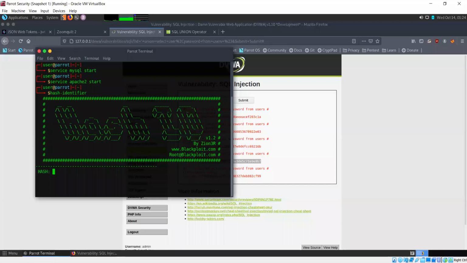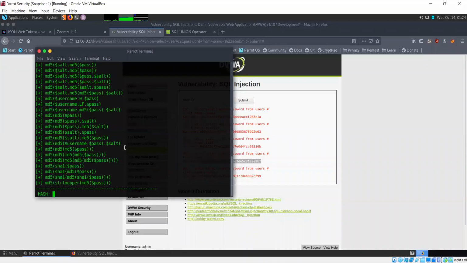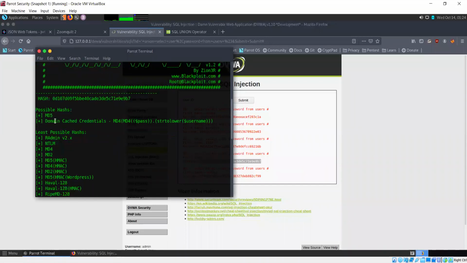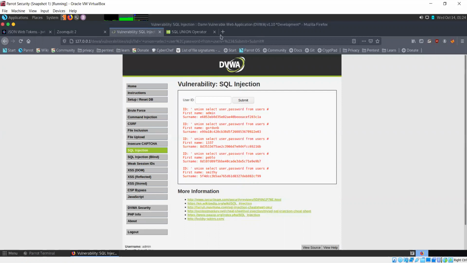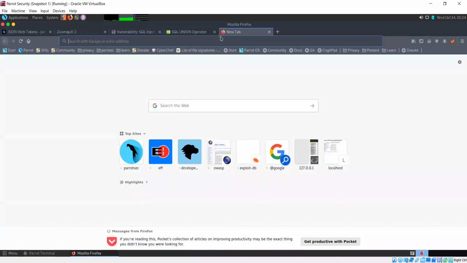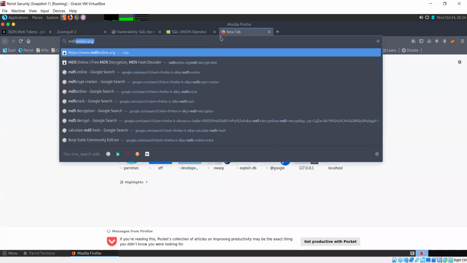Use a hash identifier, paste the hash here. Let's see what it says. It says the possible hashes are MD5, so let's just go with MD5. Let's see whether we can find out the value corresponding to this hash.